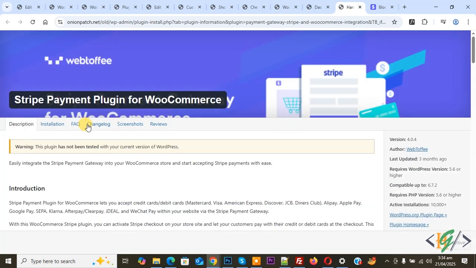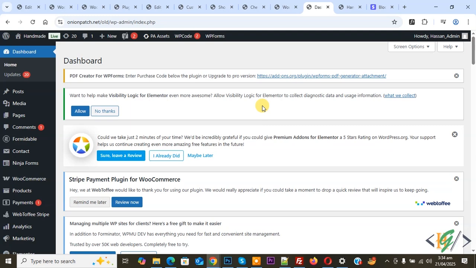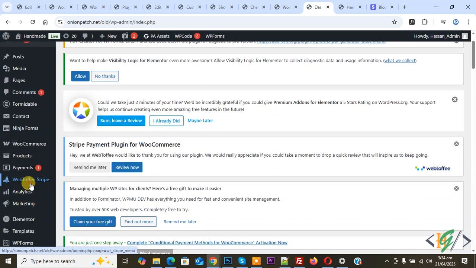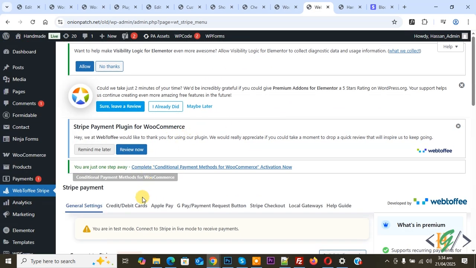So we are in the dashboard and we are using this plugin, the Stripe payment plugin for WooCommerce. You will install this plugin and activate it. We are using this plugin for the Stripe payment gateway. Now back to the dashboard, and we are going to block American Express card by using this plugin for the Stripe payment gateway for checkout in WordPress. On the left side you see WebToffee Stripe, so click on it, and then you see credit